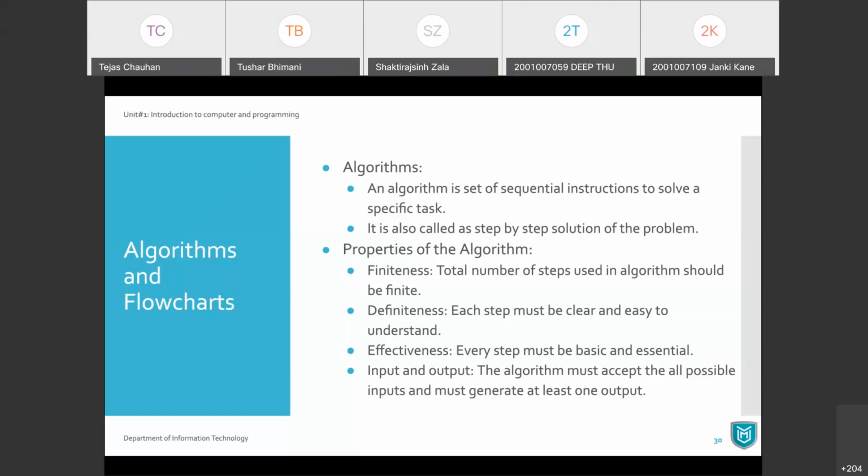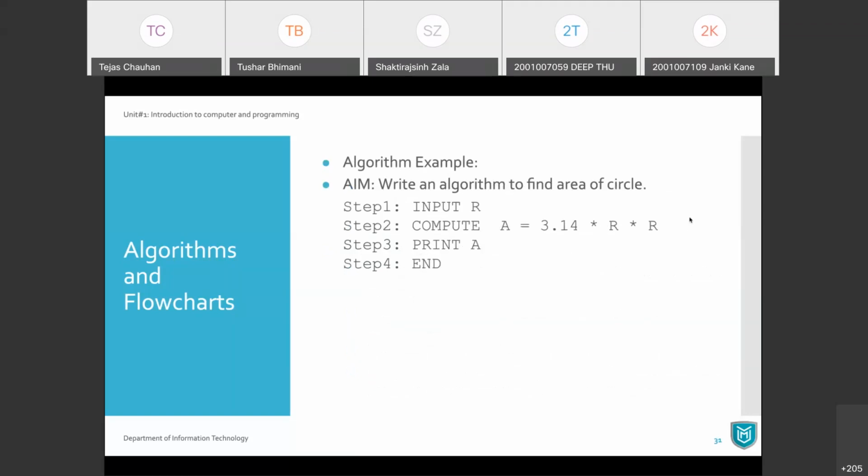So with this first example, we have learned how we can write an algorithm. Now this is a simple flow, step by step, step 1, 2, 3, and 4. That's it. No branches here, no repetition here, nothing. Very basic example of an algorithm which actually performs a task, and the task is calculating the area of a circle. Now if you want to calculate the area of a circle, you will require the radius of the circle. So that radius is going to be the input. When you have the final area, that will be your output.